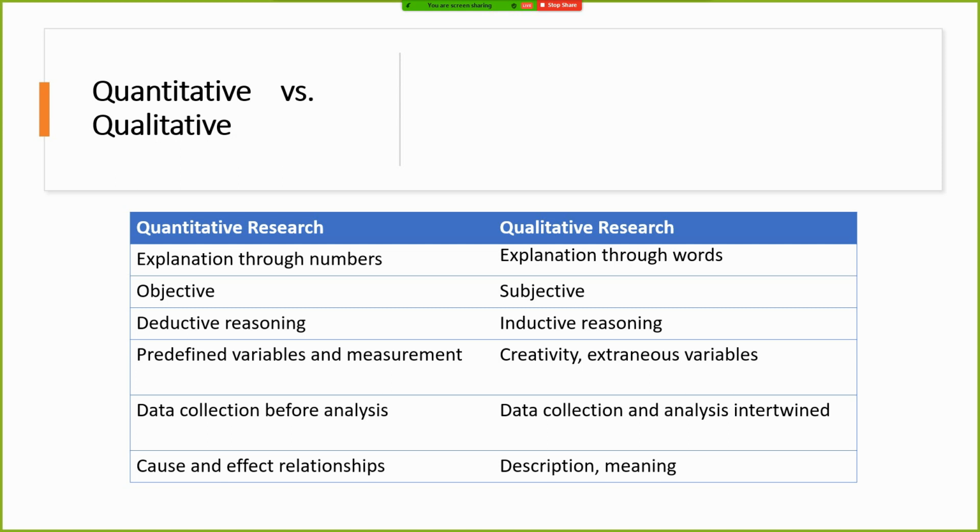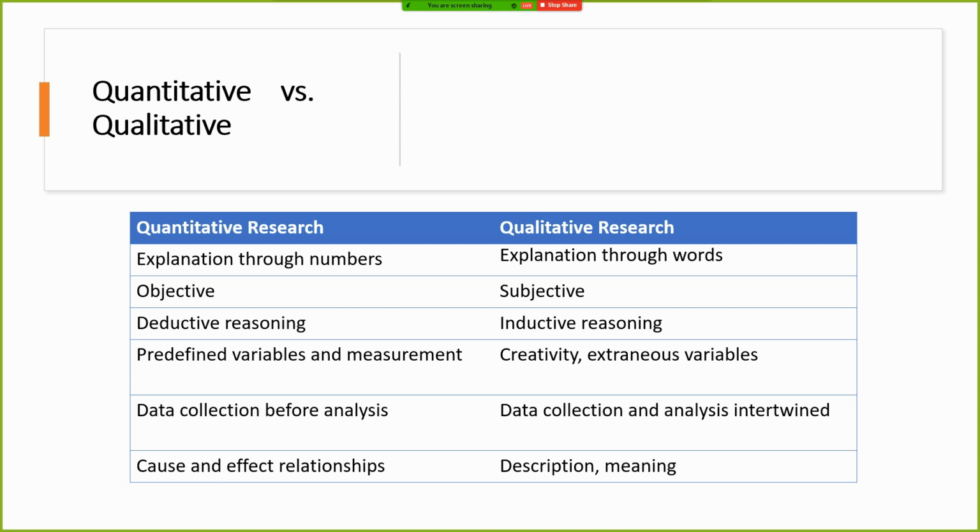In quantitative research, it's more objective. So if I take a mean for say 300 respondents, the mean would be the same if I take it from any software or whosoever takes it. But in qualitative research, my analysis of the responses would be different to the analysis of someone else, maybe in the same university. So the analysis is subjective.